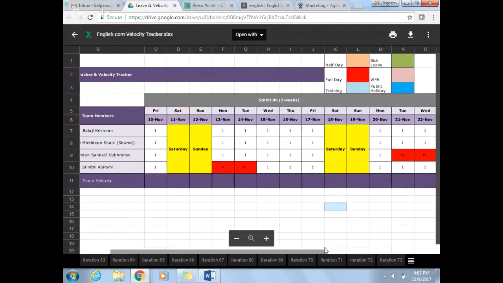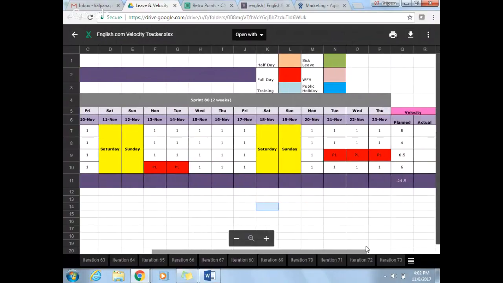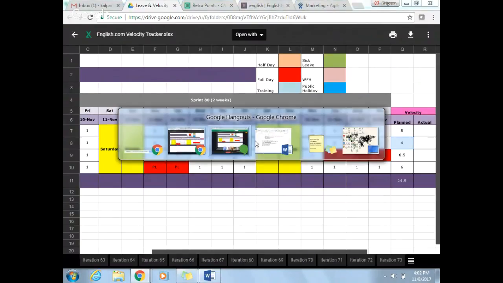Srinidhi will be going on leave for 2 days. So for developers, we will have 14 points, and for QA, we have 6.5, and since the state gets shared, we have 4 points. Okay. 24.5.